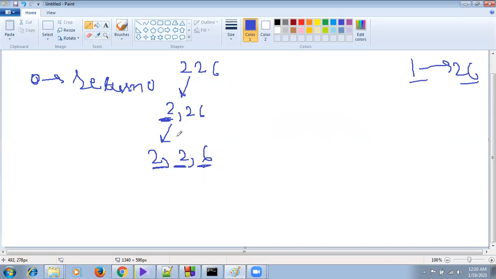And when we have processed all the characters, that means we haven't found any 0 and we have processed everything, so we have found one way, one string that we can make.